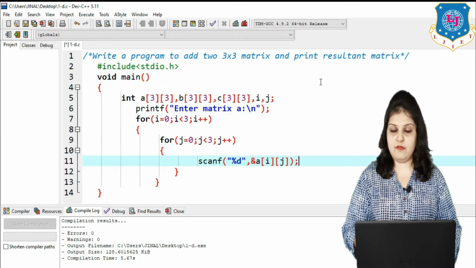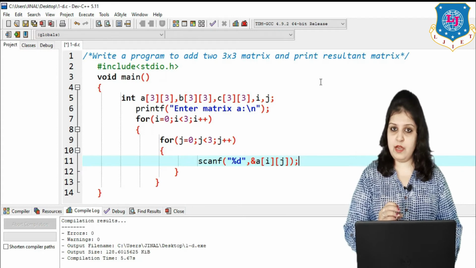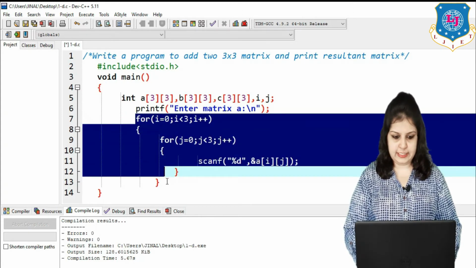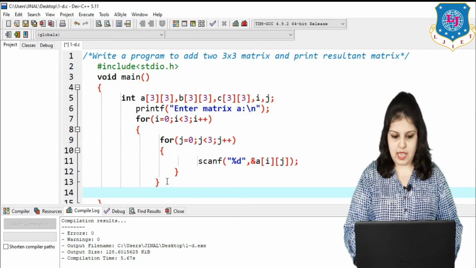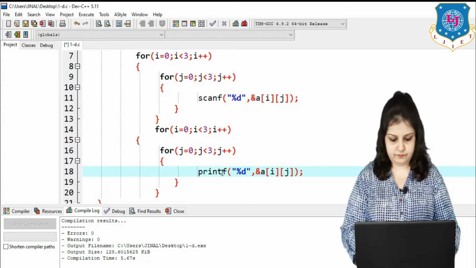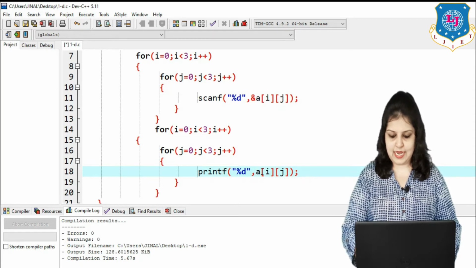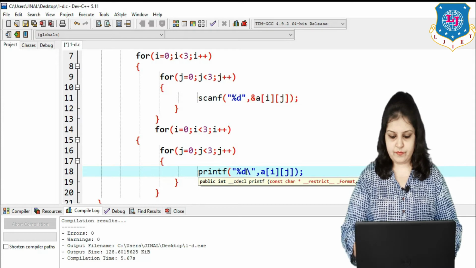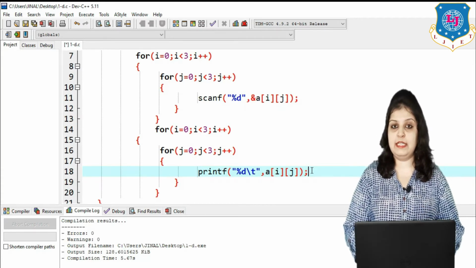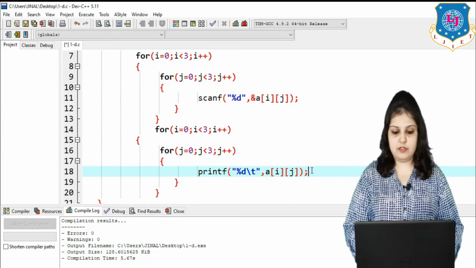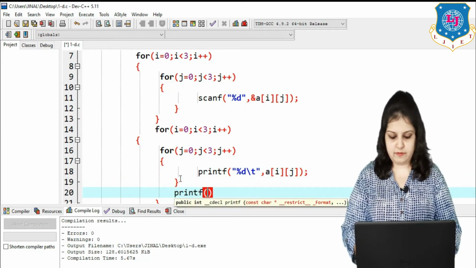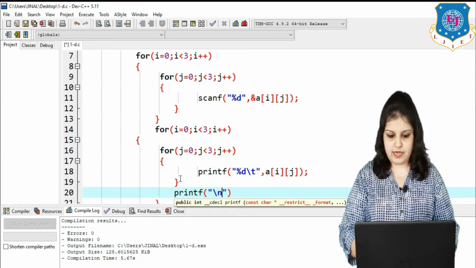Now if I want to see our matrix A, then the same loop we have to use, but instead of scanf we have to write a printf statement. So I just copy the whole nested loop here, Ctrl C and Ctrl V, and instead of scanf simply write printf and remove the ampersand sign, and here I am writing \t. Why \t? Because I want to print the elements in matrix form in 3 rows and 3 columns. So \t is used for tab, and after this column loop write one printf statement, and in this printf write \n